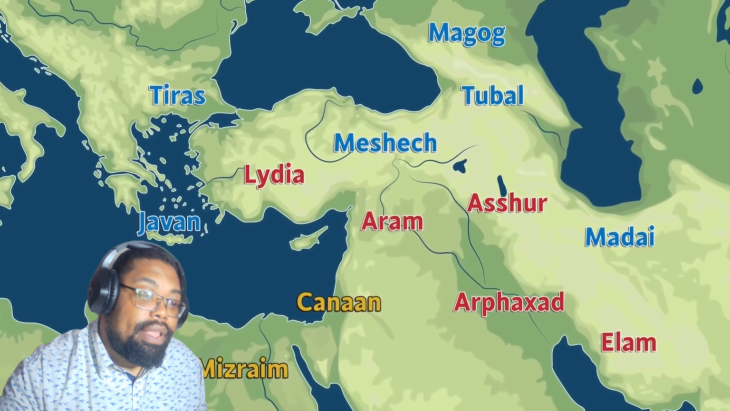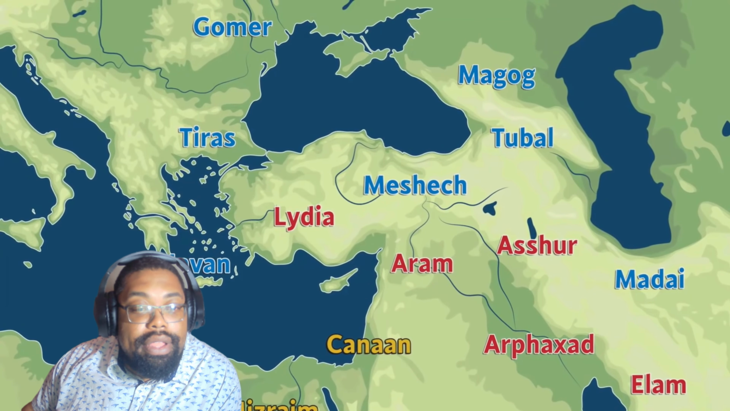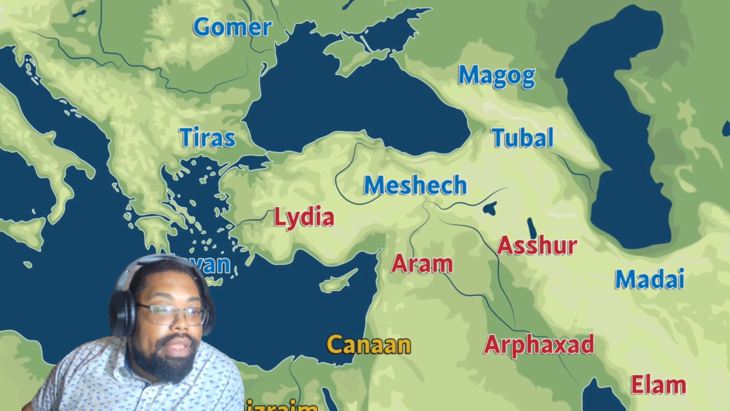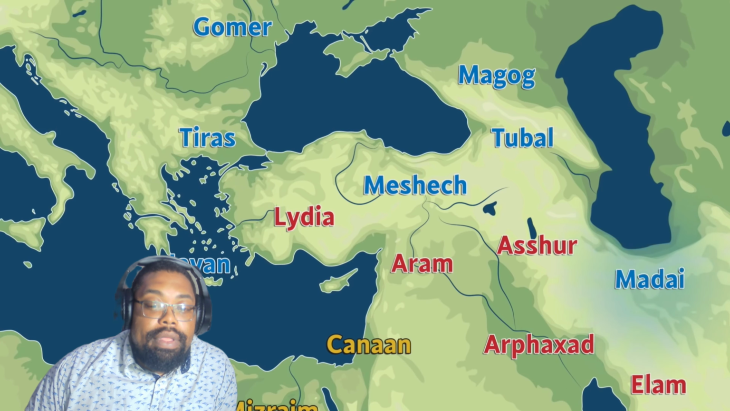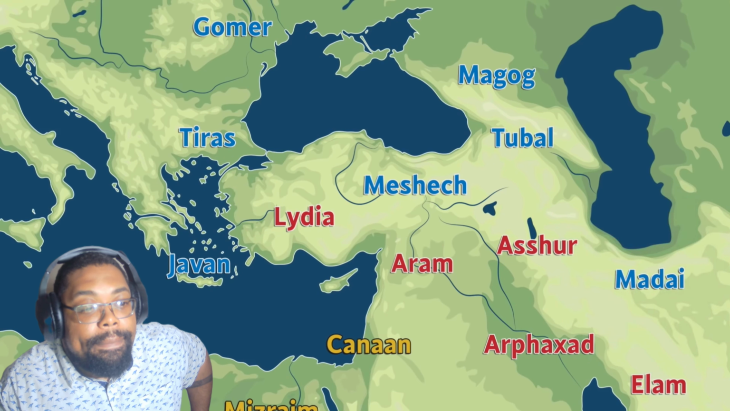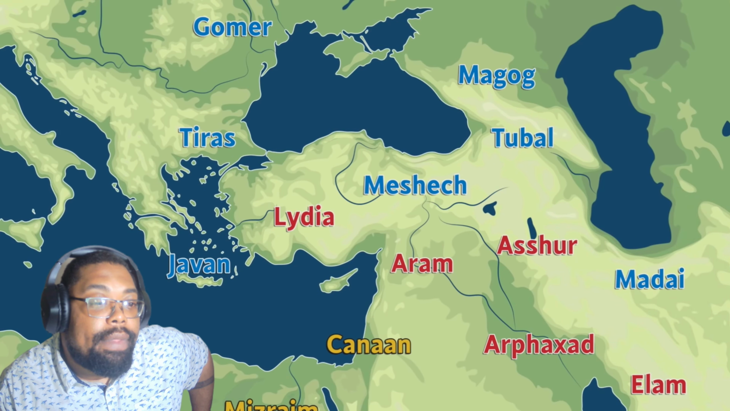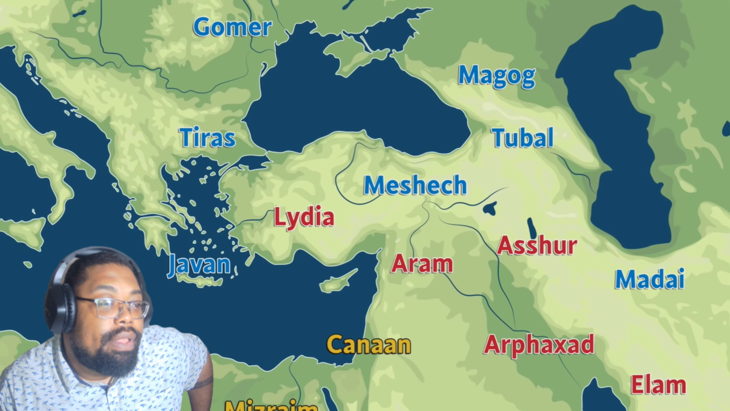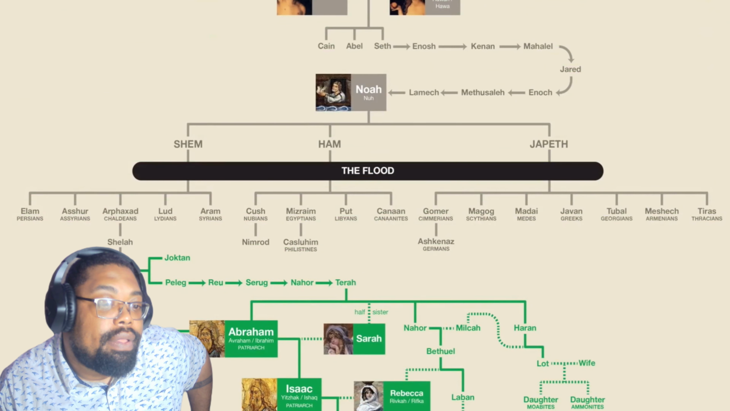Finally, let's talk about Japheth, shown in blue. These names are more obscure and uncertain, as they are all names given to places much farther away from the land of Israel. Javan is usually associated with the Greeks, and Madai with the Medes. But when it comes to the other 5, it's mostly guesswork. During the medieval period, it was thought that some of these nations, in particular Gomer, spread into Europe. If we return to the family tree chart, you'll notice that Gomer had a grandson named Ashkenaz, who was thought to be the ancestor